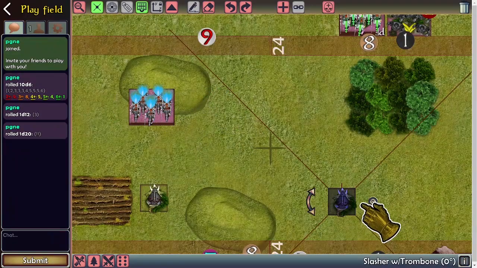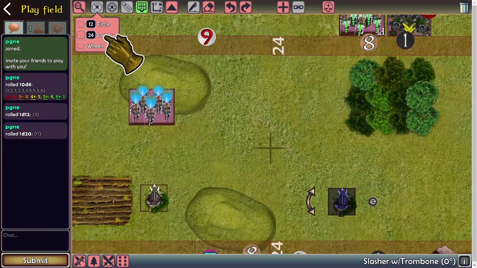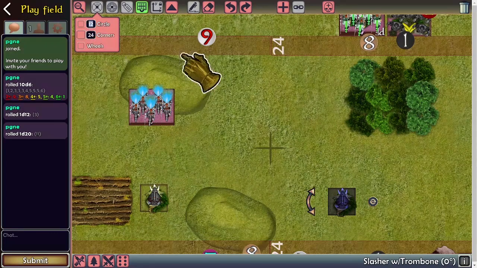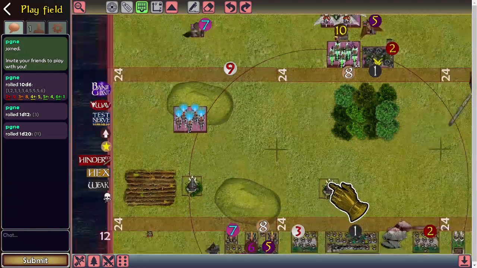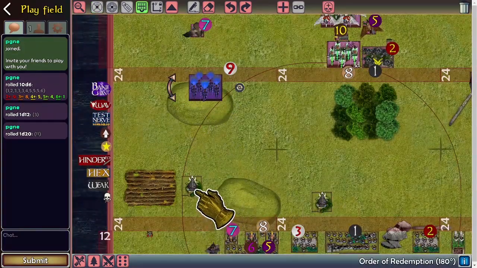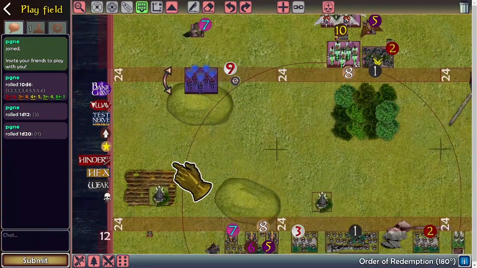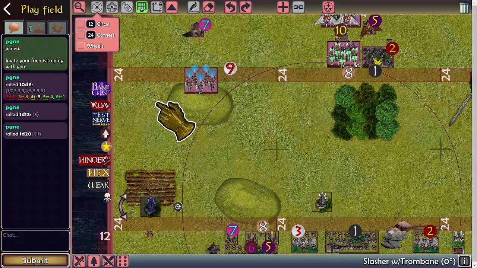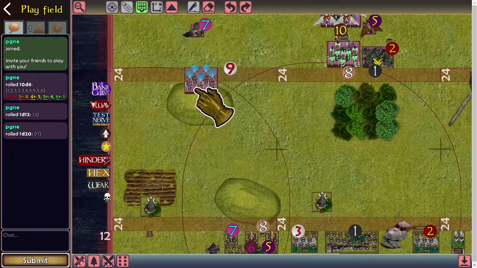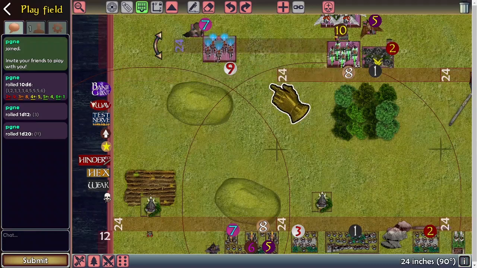This is a Slasher with War Trombone. It moves 7 and shoots 12 inches, so its threat range is 19. So I can draw a 19-inch circle, and that is the threat range. Let's say I want to stay out of this guy's 19-inch shooting threat range. Or maybe two Slashers, I want to stay out of both their shooting ranges, so I might be standing somewhere